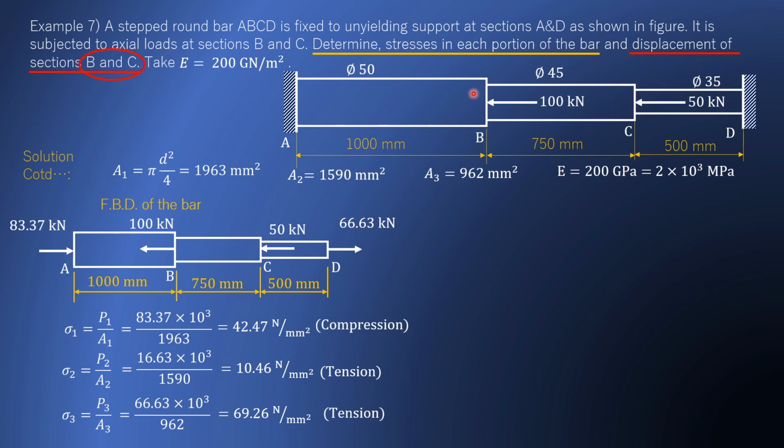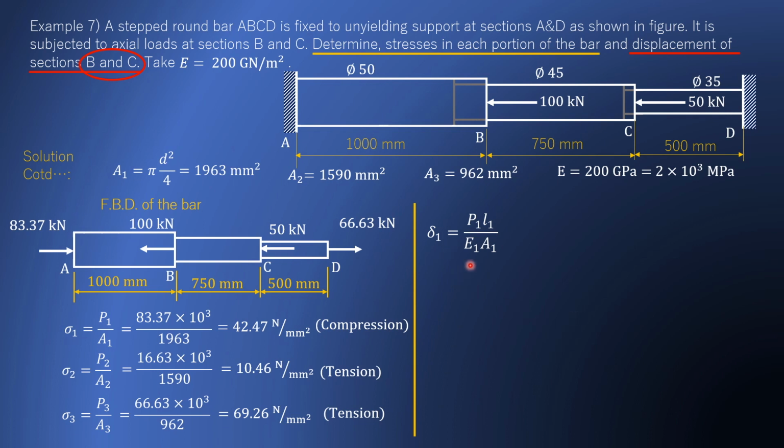Okay, watch here carefully. I have shown here the middle portion end B moves leftwards and this end C moves leftwards. So point B is now at the new position here and point C is now at a new position. So length AB has reduced because it is in compression, and length CD has increased because it is in tension.